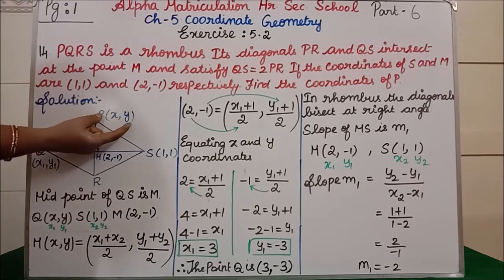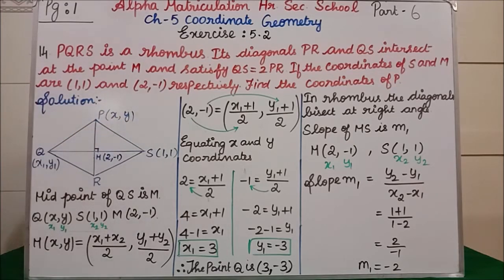Clear? Find the coordinates of P. Only this coordinate we have to find in the question, but still they have not given the Q point also. Clear? In this question they have not given the Q point also. That point also we have to find, but this is not asked in the question. Only if we find the Q point can we find the P point. Clear? Shall we start the solution now?